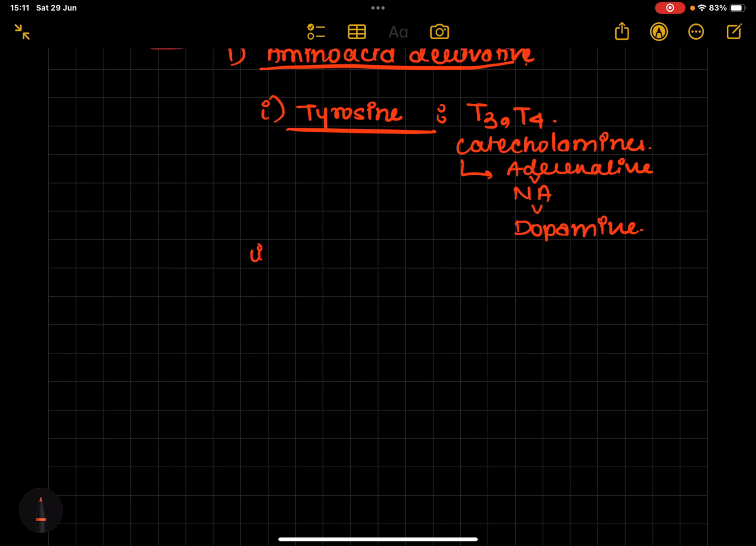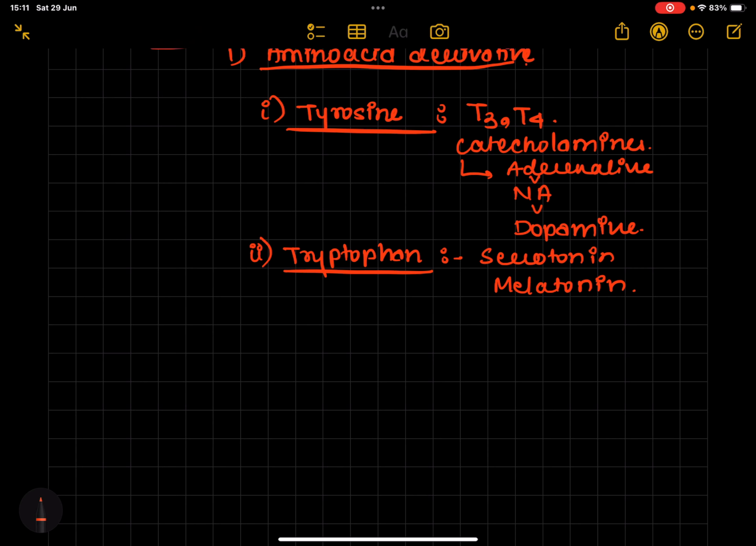Next is tryptophan. ट्रिप्टोफैन से दो hormones derived होते हैं, serotonin and melatonin. We know that these both hormones, they centrally act as a neurotransmitter and peripherally they act as a hormone. And serotonin,